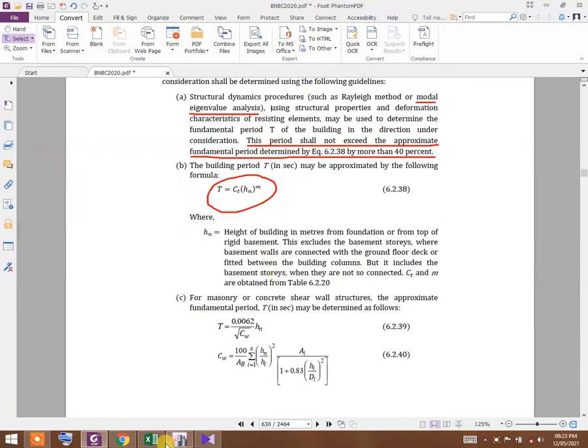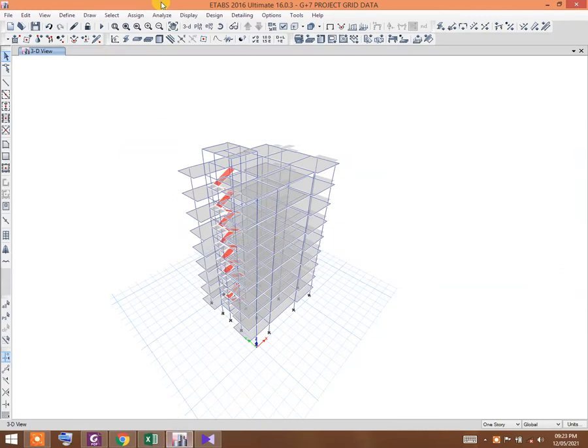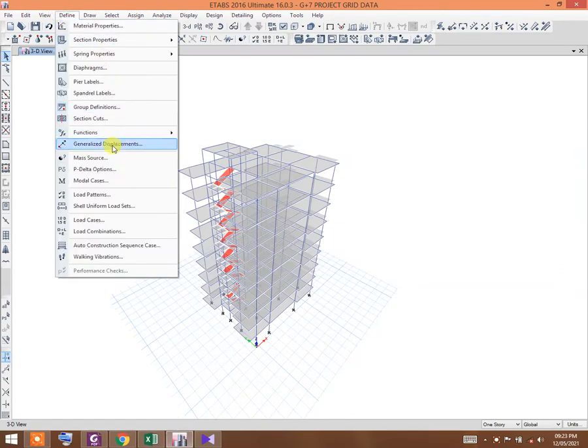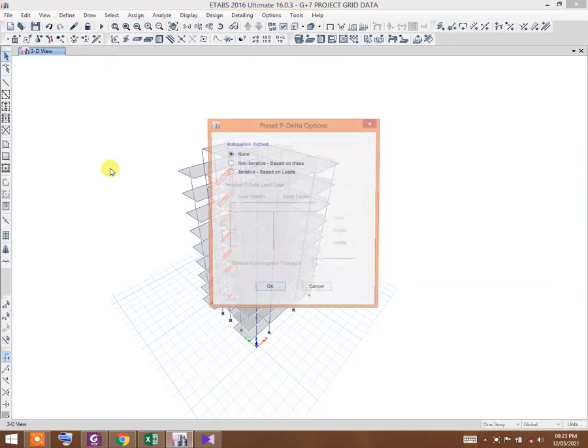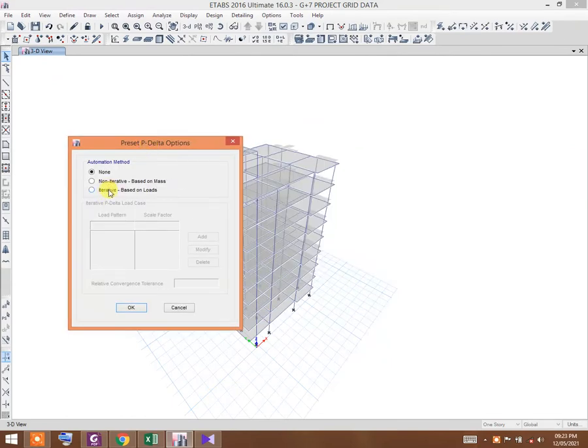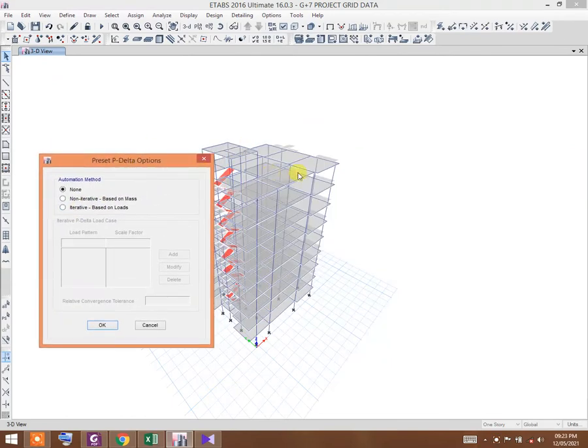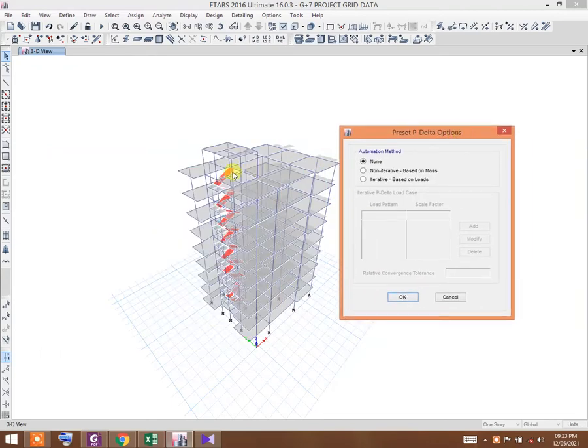Now let us go to analysis. Now that we have defined the mass source, we have to determine the P delta options. The P delta options will also affect the natural building period during the earthquake event, because when the earthquake lateral load acts on the building, it will deflect laterally.